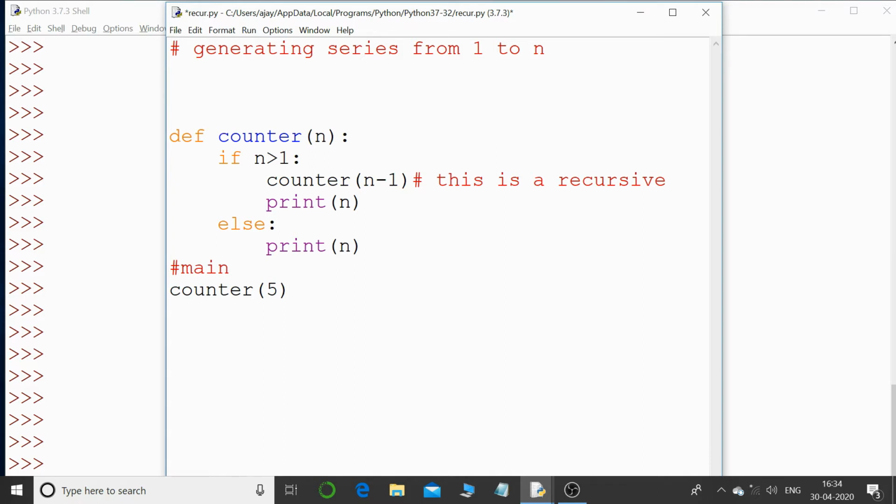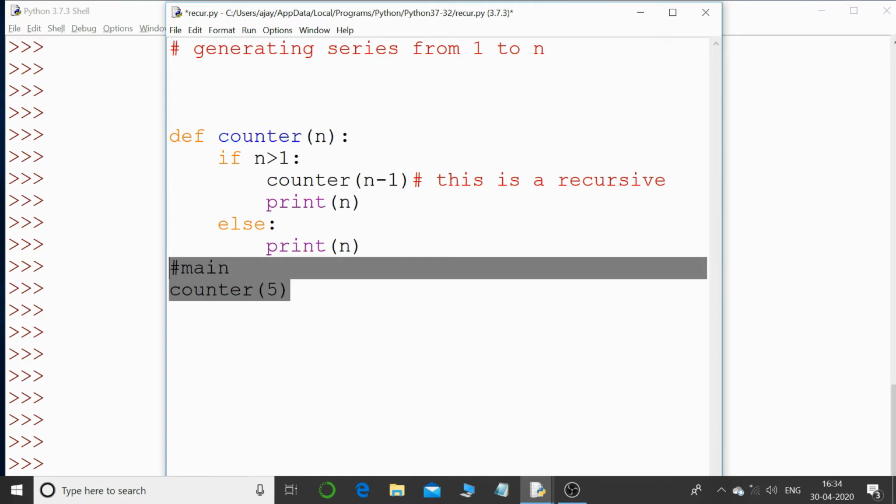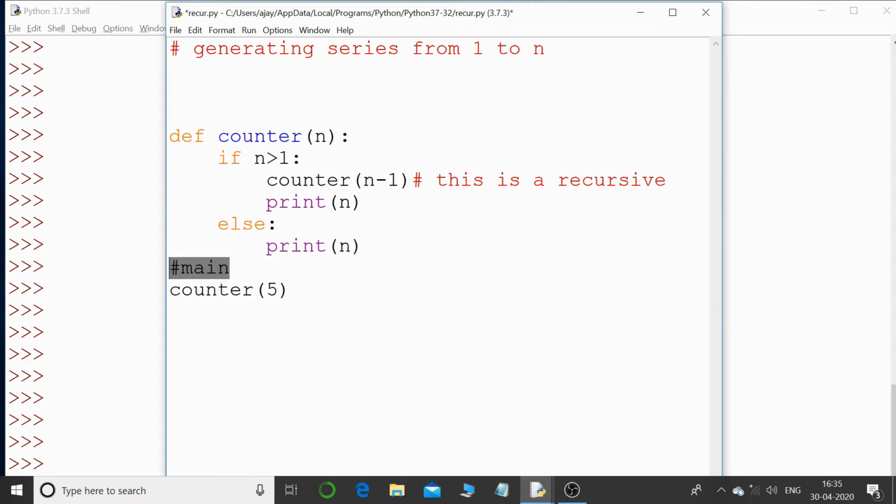Okay, so there is a code in front of you. This is the code that I've typed, and I just did that to save time. Let us understand the code first. There is a function called counter, and this is the main program. This is the function definition, and I'm giving a call straight away in the main program, that is counter, and I'm passing the value 5. That's the argument that I'm passing, which will be received by the variable n, that is the parameter. So that's the first line of code, and immediately it will jump to this particular function.